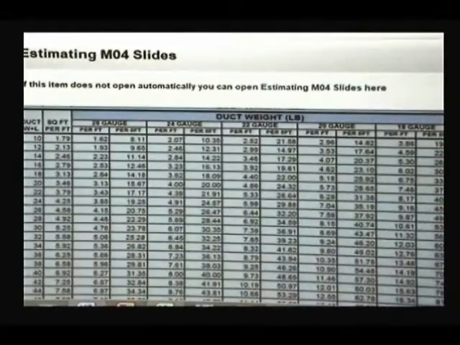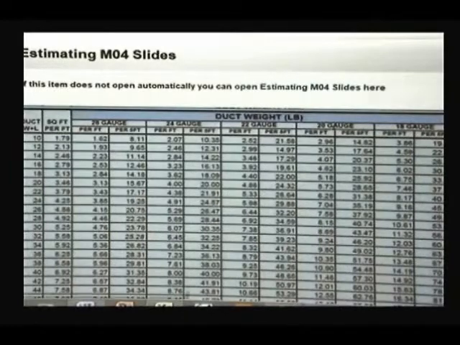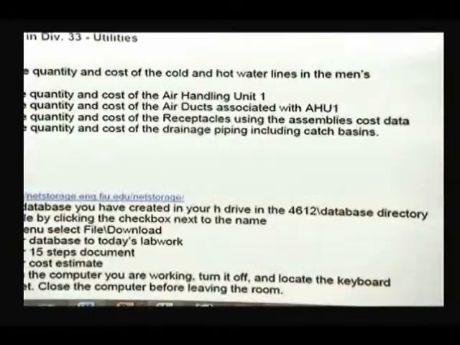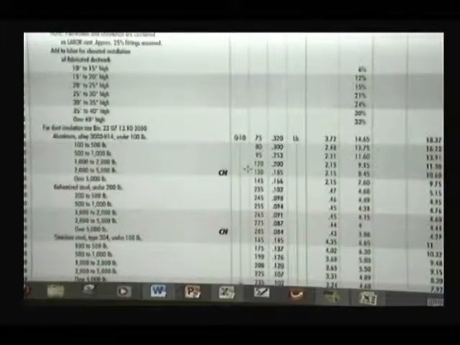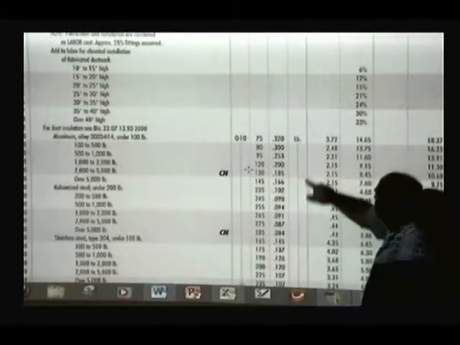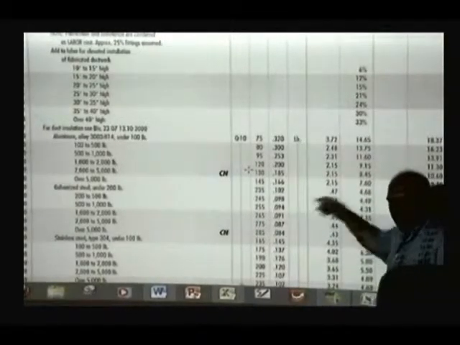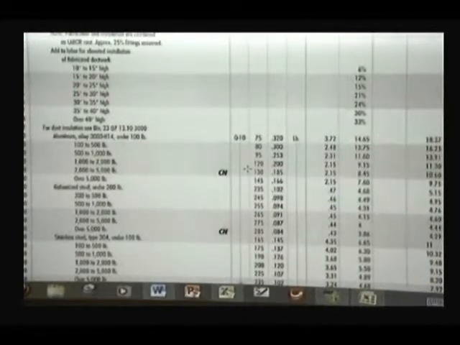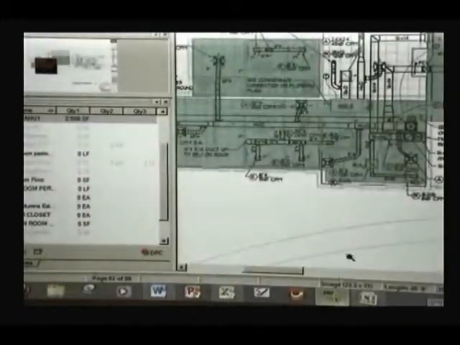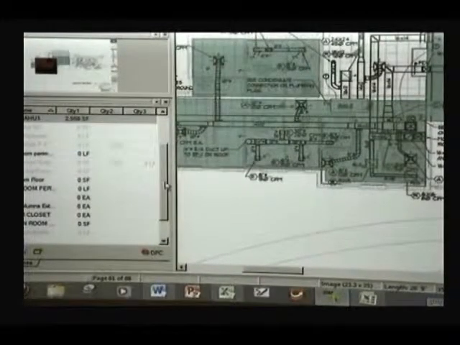And we can use that data to estimate the cost of the ducts, because we can see in this RS Means table the cost for rectangular metal ducts in galvanized steel is cost per pound. So we need to have the pounds in order to get the cost. Is that clear? Okay. So we go here to On-Screen Takeoff, and basically what I'm going to do is I'm